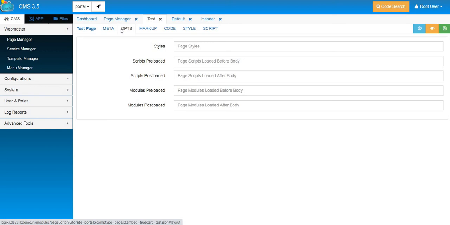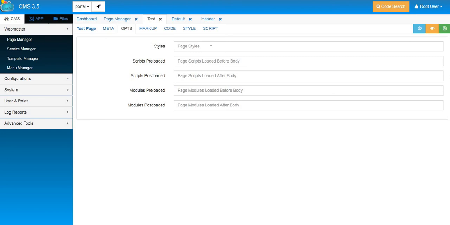Everyone knows when we are creating any website or web application, we need CSS and scripts to run that page. So all the CSS and scripts should be loaded somewhere in the page. Instead of writing it directly into your page, we are using internal CSS or script files which we include inside our page. So all those file names should be included over here. Whenever we are running or opening any page, all the scripts or CSS included over here will get loaded.